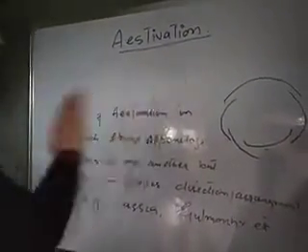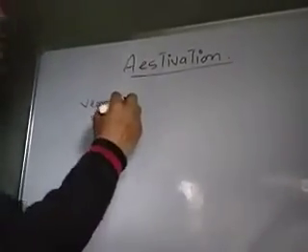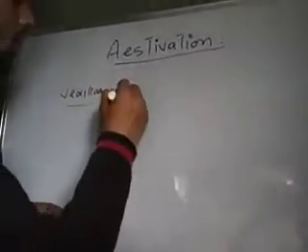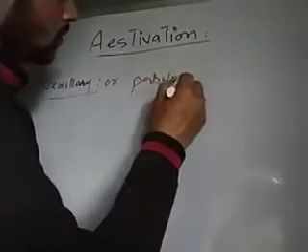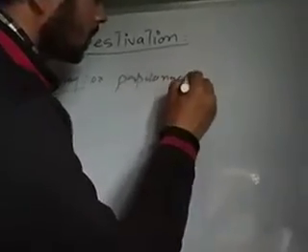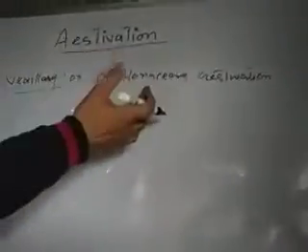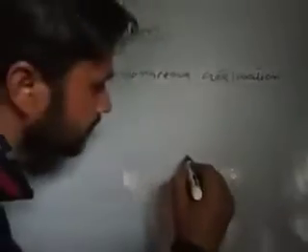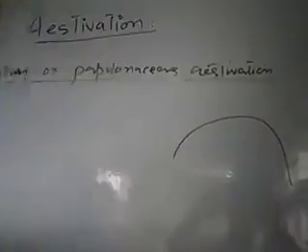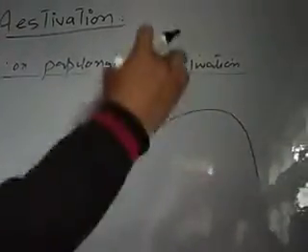Okay. Now the vexillary type of aestivation. Vexillary aestivation, what is it? It's also known as papilionaceous aestivation. What this aestivation is, I am saying here. In this aestivation, there is a large floral appendage. This is called the standard, which covers